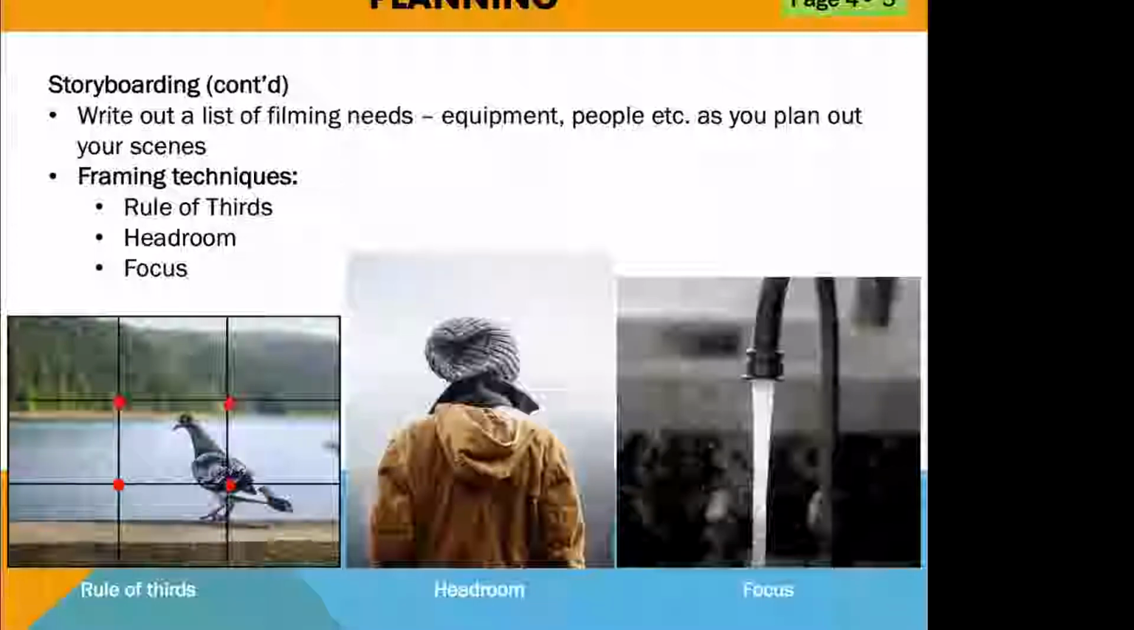I also want to go through some framing techniques, and these are techniques you should think about when you do create your storyboard, because they'll help you understand how you want your video to look and what creative techniques you can use to make it look the best. So 3 techniques are rule of thirds, headroom, and focus. We also have a video that I linked in the guide, and it expands on these techniques and also lists a few more. So if we go on the next slide,